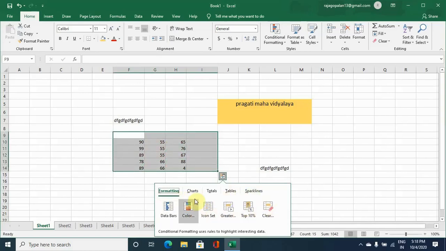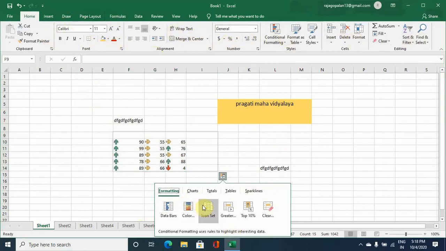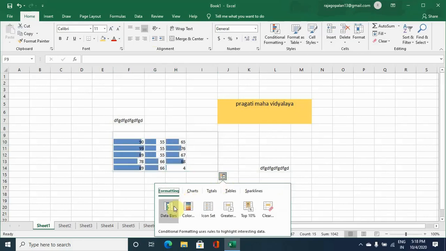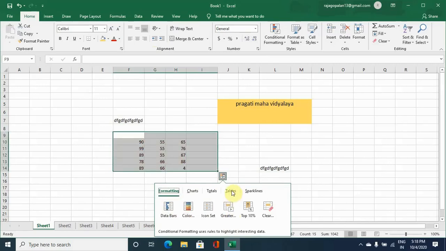These options are already available in various features that you can see in the ribbon. So this is a shortcut option called quick analysis, and by using it you can get the data as per our requirement. Like say you have tables here, click on tables, then these are the options available.